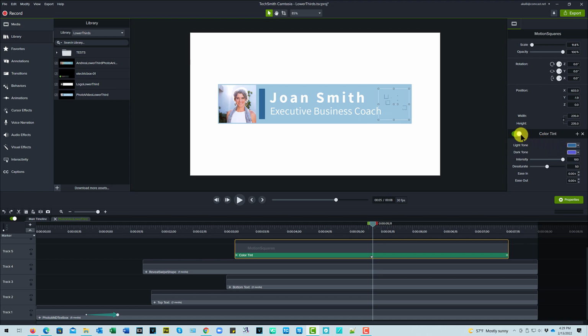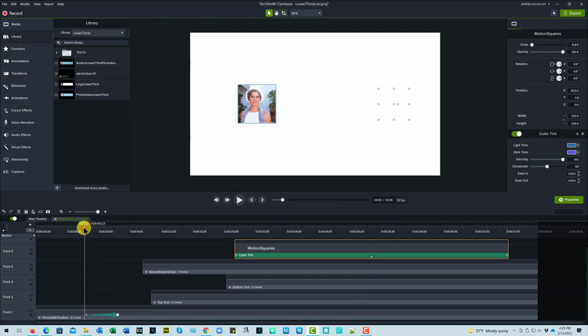The original color, let me turn the color tint off. The original color of this motion graphic is white, but I have the motion tint visual effect on it, so I can change the color to whatever I want. And then let's see what's happening right here